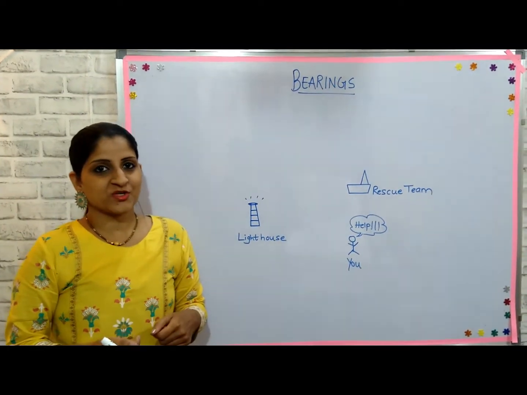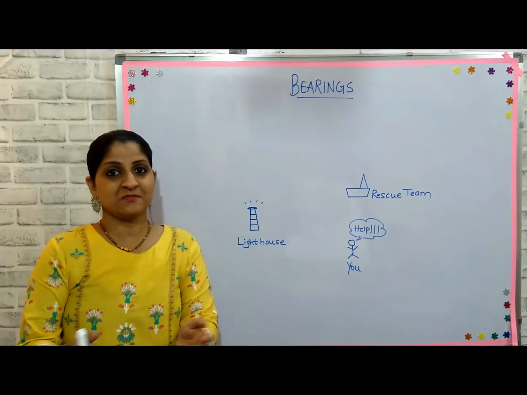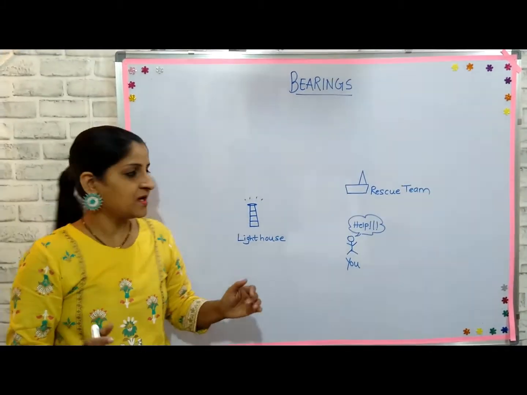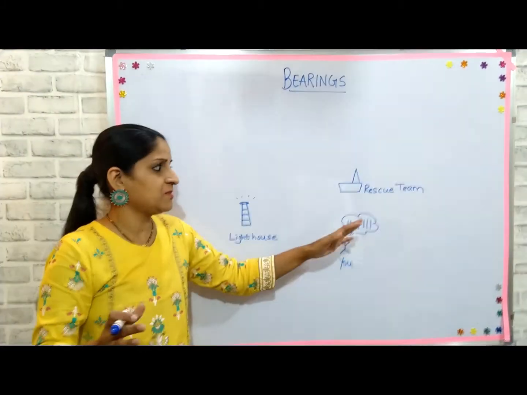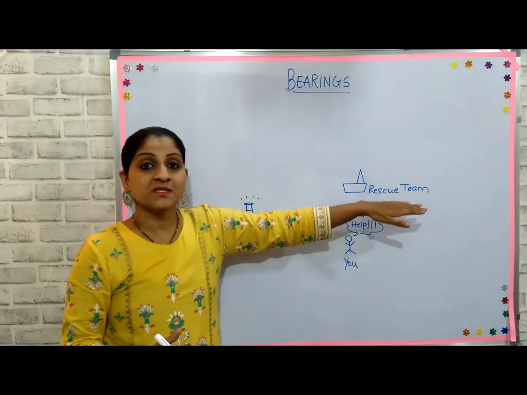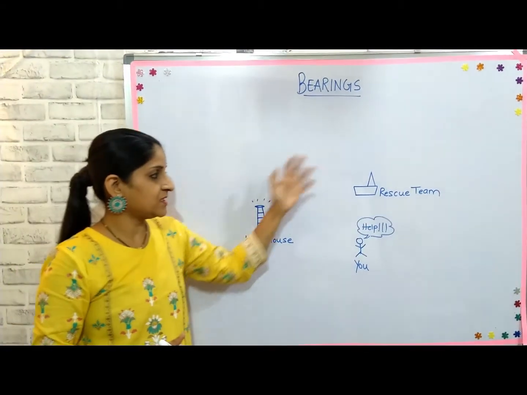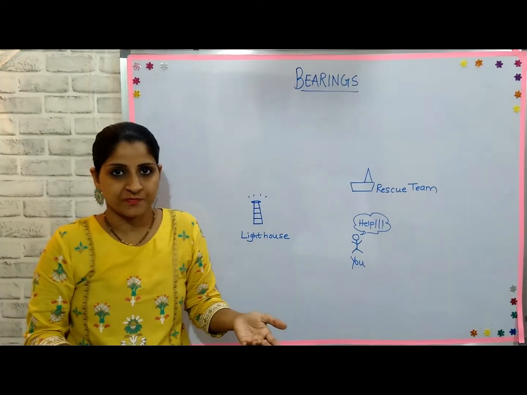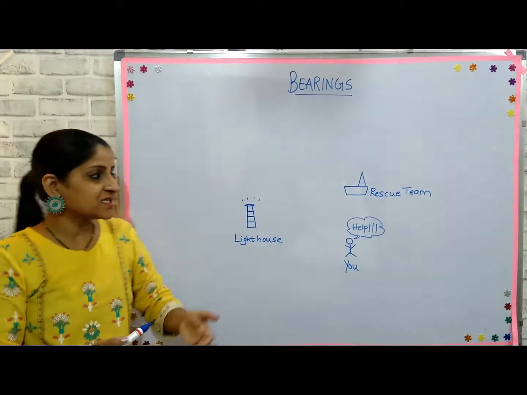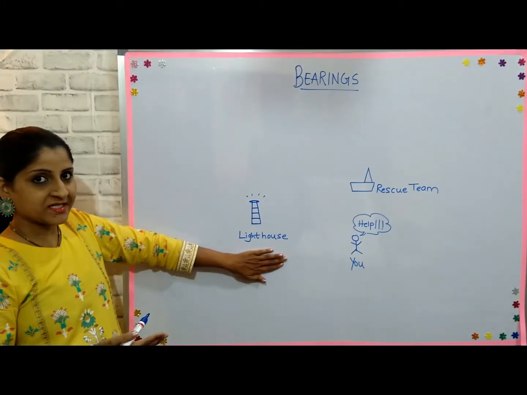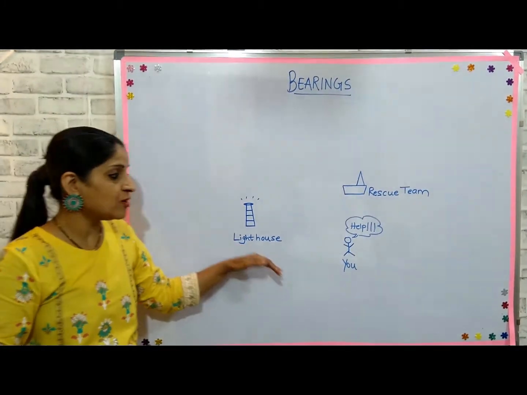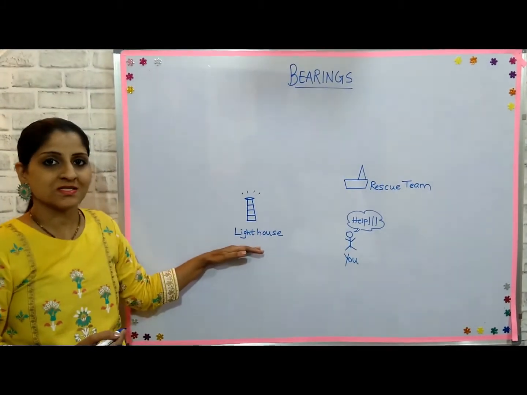I have taken an example question and written it on the board. It's similar to the one I used in my introduction. Suppose you are lost somewhere on a voyage and you are somewhere over here, screaming for help. There is a rescue team located nearby. But how will the rescue team know where, in an entire ocean, your location is? That location of yours is determined from a fixed point. In this case, the fixed point could be a nearby lighthouse. So to determine your location from this lighthouse, the bearing of your position from the lighthouse is measured.